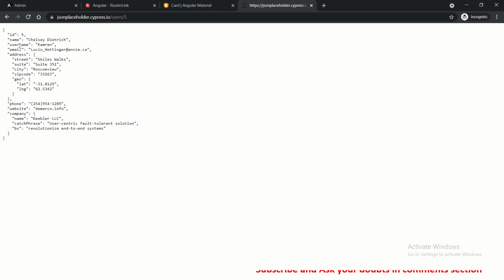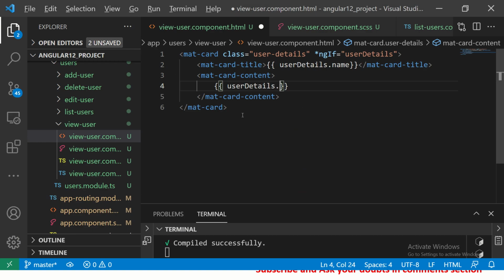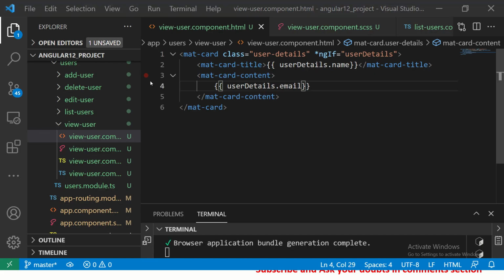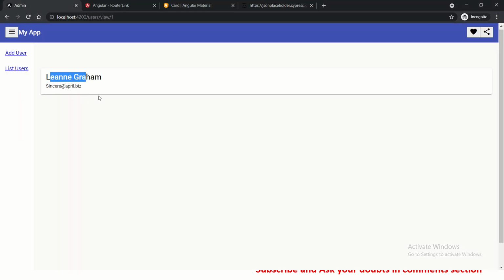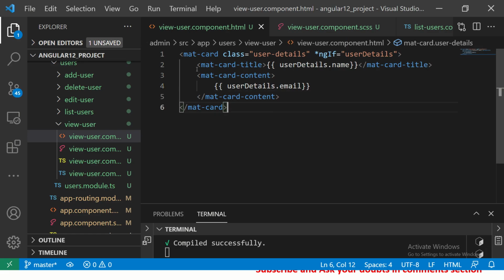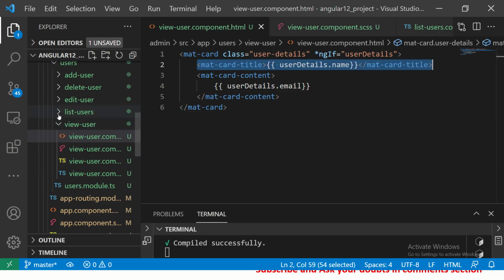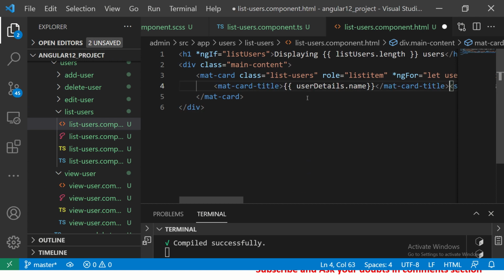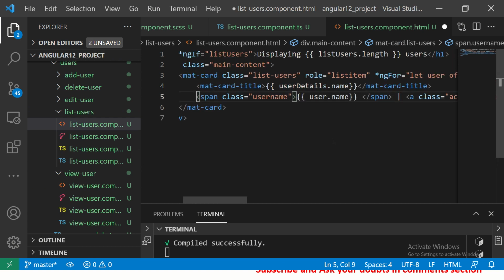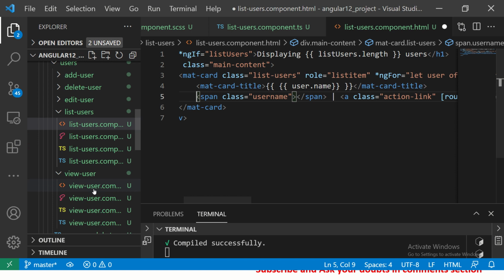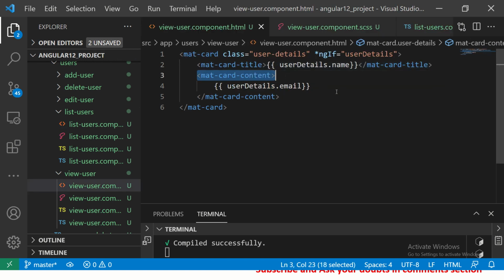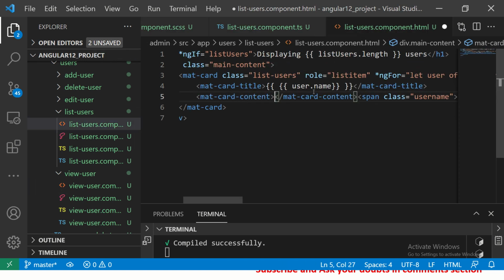Let's see what other details we can print, say name, address, right? Or say email for now. Okay, all right. So you see here, that's the name. We have given the mat card title followed by the content, which looks pretty neat and clean. So similarly, we can use this mat card title in our list users to make it better, and I'm going to use it here in mat card title, and I'm going to use the name here, and then in the mat card content,